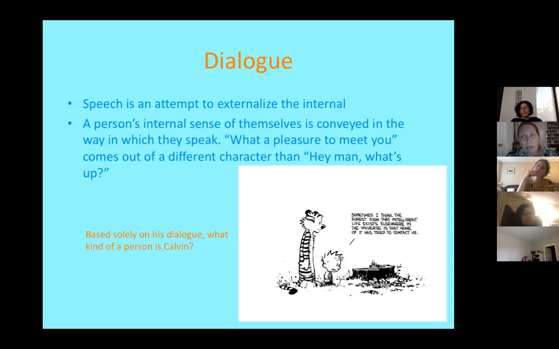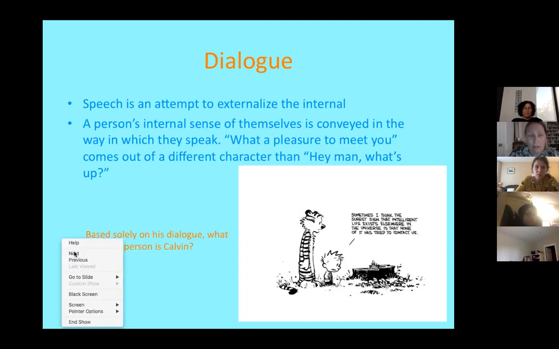If you didn't see a picture of a little boy there, would you think that's a little boy talking? No. Right? Would you think it's some kind of philosophical academic? Possibly. Somebody who's curious about things, a higher value speaker. Definitely not a little child who likes to throw his wagon off the side of a hill and make bad choices. So there's that neat conflict between who he actually is, this little child, and the language. That's cool. I like it.